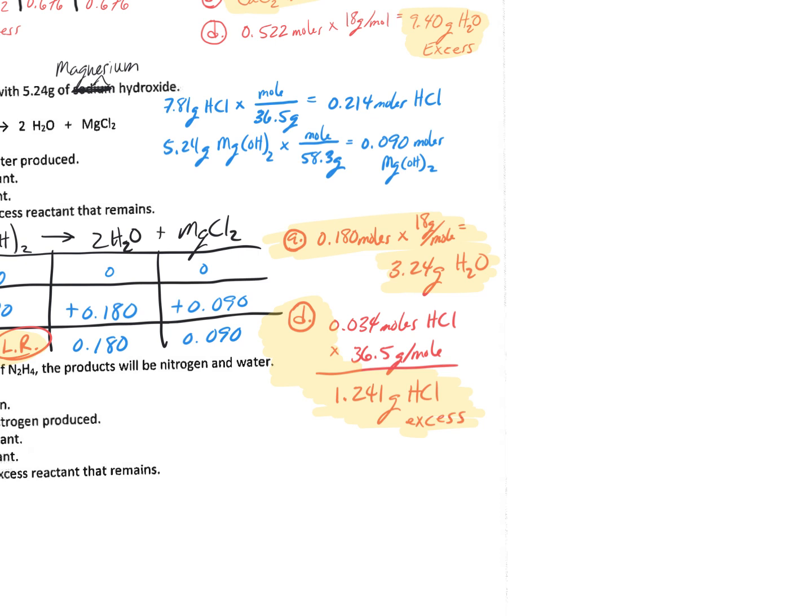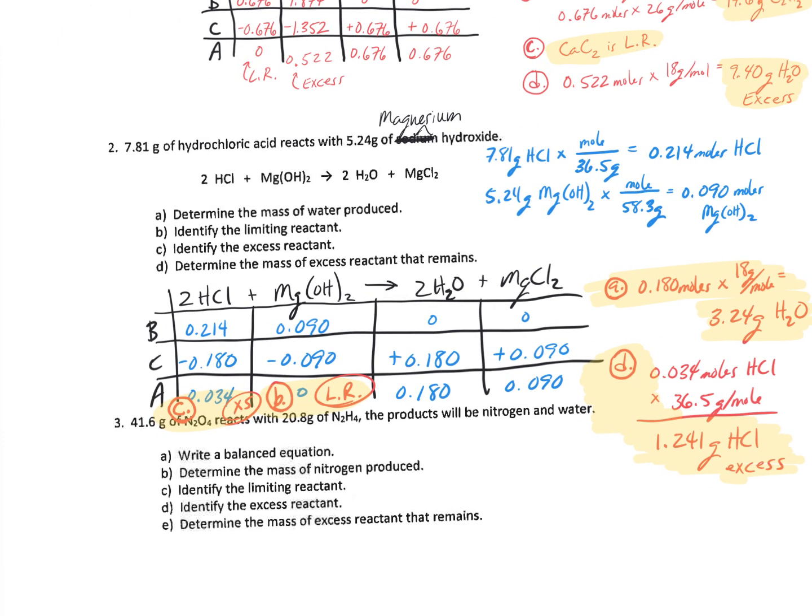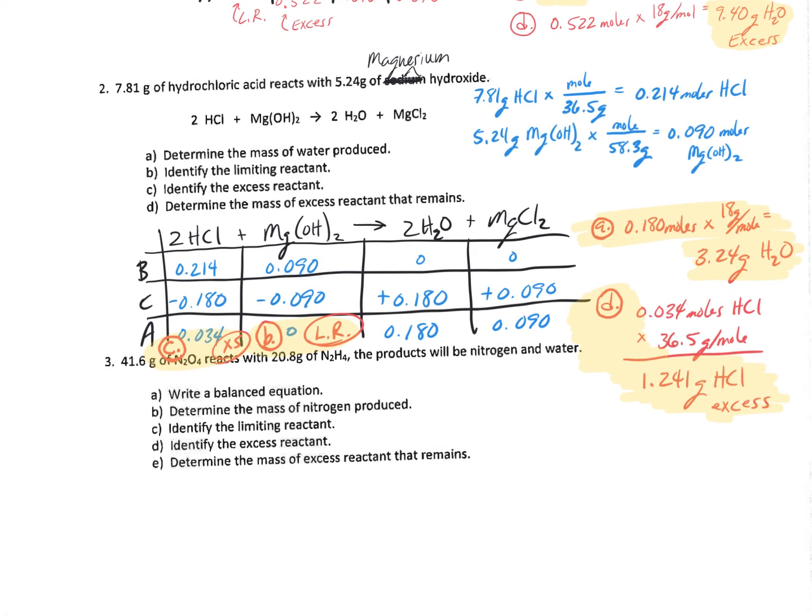For part D, we're going to have 1.241 grams of HCl excess, and our limiting reactant is magnesium hydroxide. You can see the answer for C is HCl. That's the excess. Anyway,